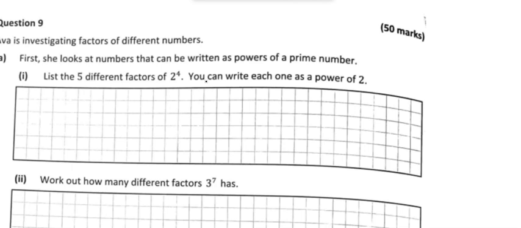Hi folks, this is question 9. So it's an interesting enough kind of start to the question. List the 5 different factors of 2 to the power of 4. So we know 2 to the power of 4 is 16. So you know that the factors are 1, 2, 4,